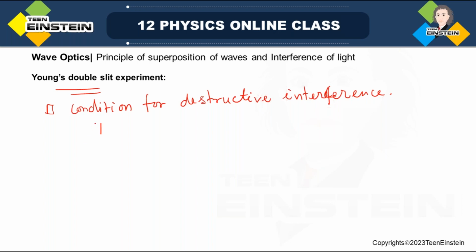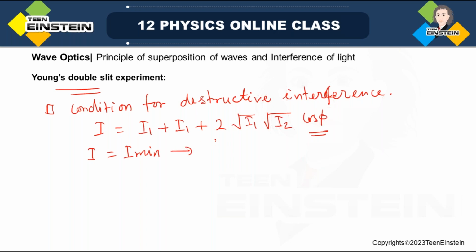So what is the condition? Same thing, we have to check when the intensity becomes minimum. In the case of destructive interference, intensity has to be minimum, right? So I minimum occurs